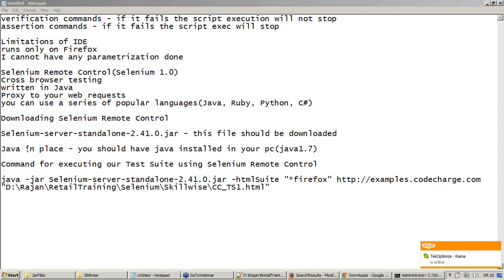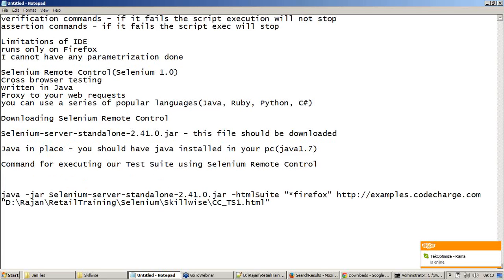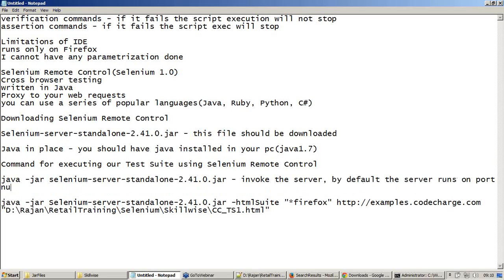It's right here: java -jar selenium-server-standalone-2.41.0.jar. This is how you invoke the server. By default, the server runs on port number 4444.